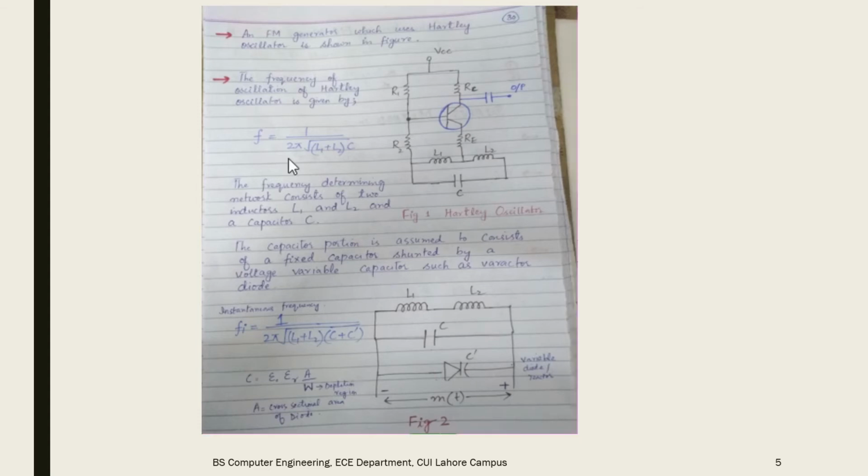So the instantaneous frequency of the FM signal is depending on this circuit, and here we have L1 and L2 which are in series, and C and C dash which are in parallel. All these components will play an important role in determining the frequency of the FM signal. Here we will discuss the operation of this varactor diode, or the operation of this oscillation circuit which we have seen previously, and we can divide our operation into two parts.